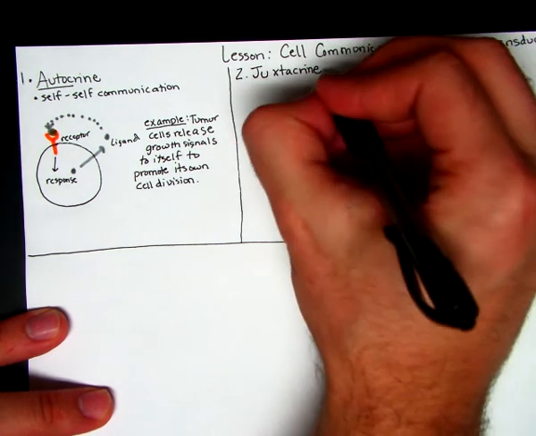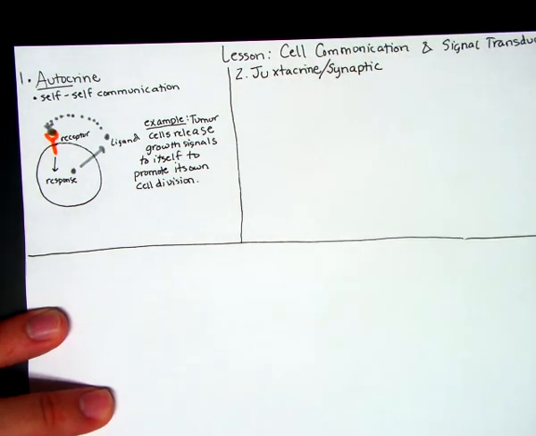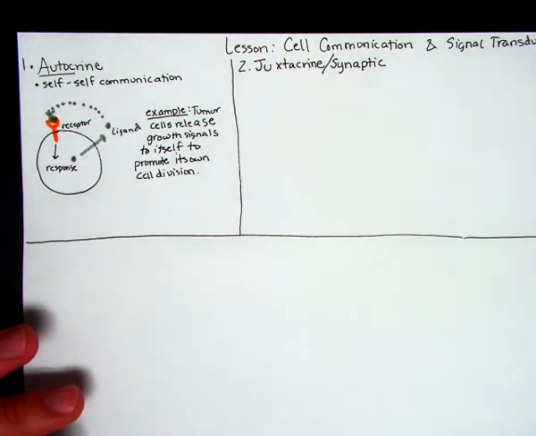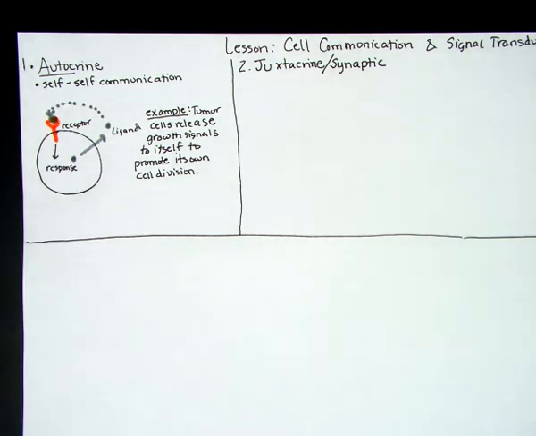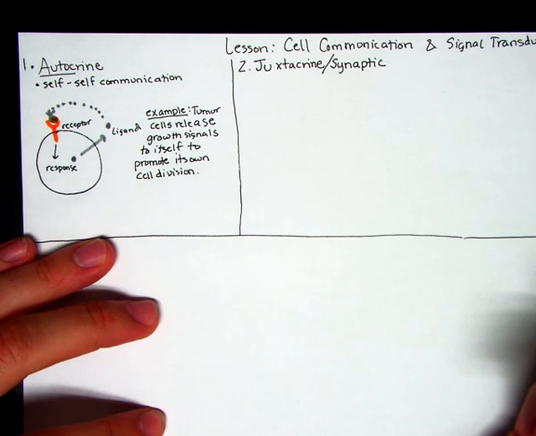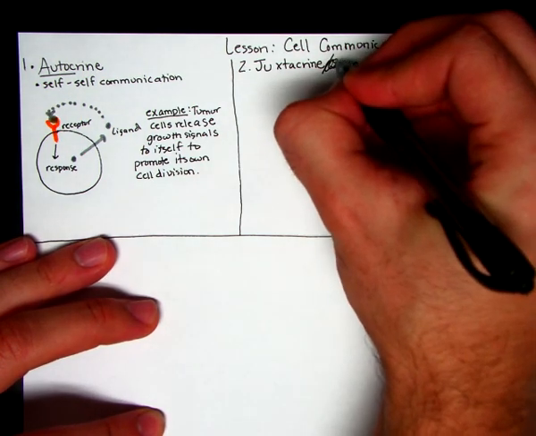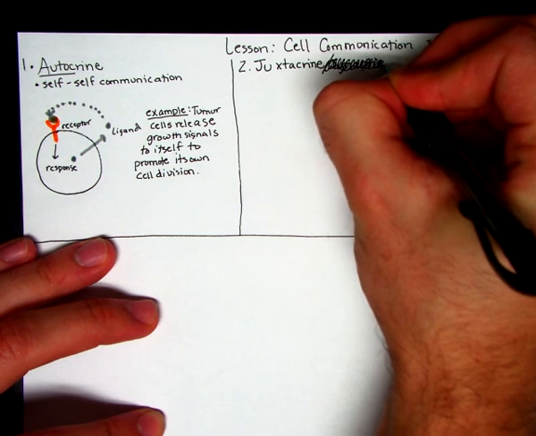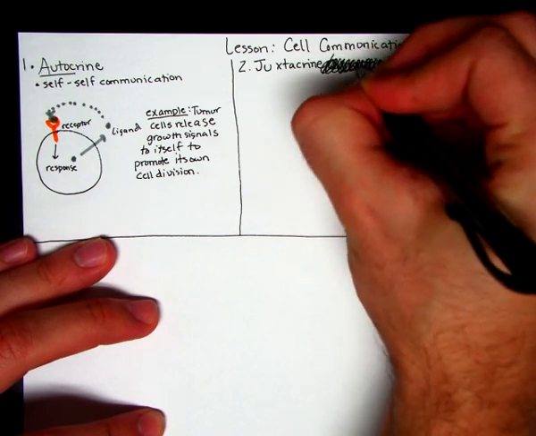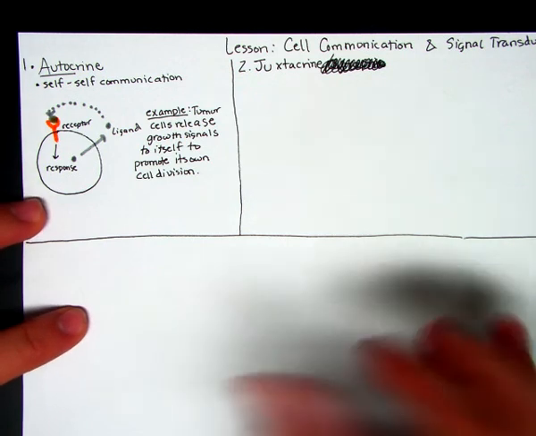You also might see the term synaptic, because this type is usually associated with synapses. But wait, I'm sorry, that's a mistake. Go ahead and cross that out. Not a mistake. That's paracrine. So juxtacrine, what we're referring to here